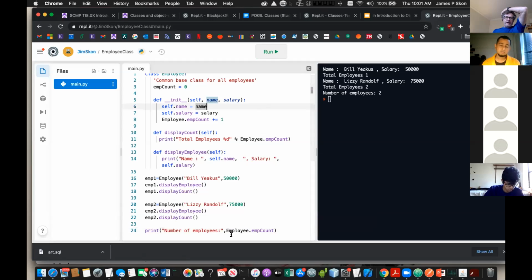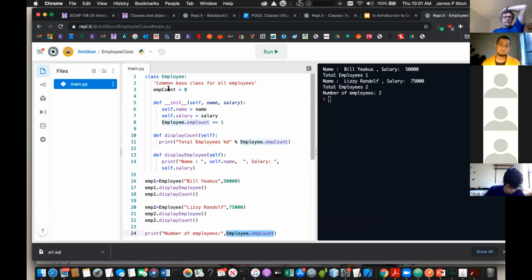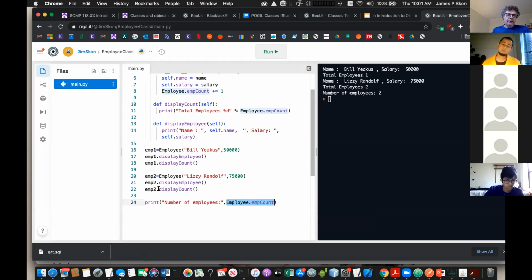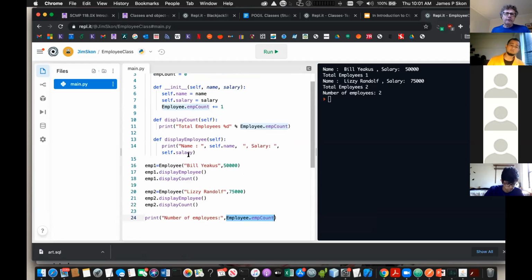All right, so I can directly access this employee count by using Employee, of course, or I can call the member function, but I'm always referring to the same count, right? In fact, I can add a third employee,